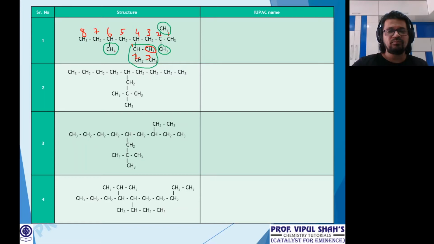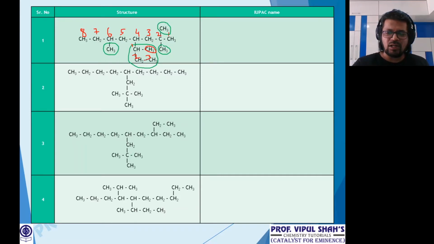One part done. Now at 4 in a branch, what will you write? 1 methyl propyl. Bracket closed at 4. And then the continuous chain of 8, what is that? Octane. So once again the name: 2, 2, 6 trimethyl 4 (1 methyl propyl), skeleton of 8 octane. This is name 1. Now we can have one more fusion name.